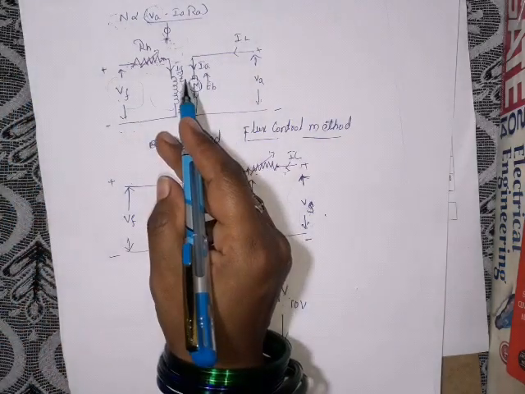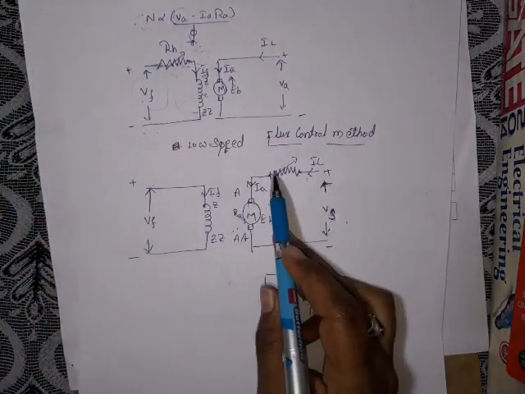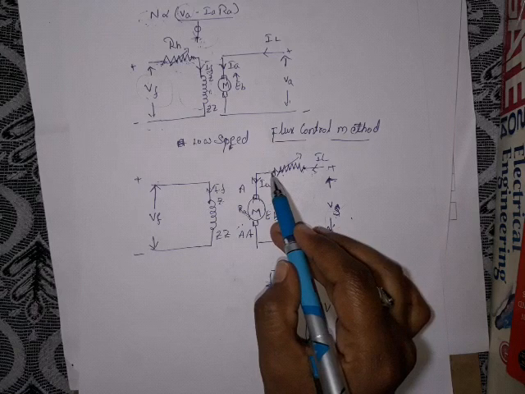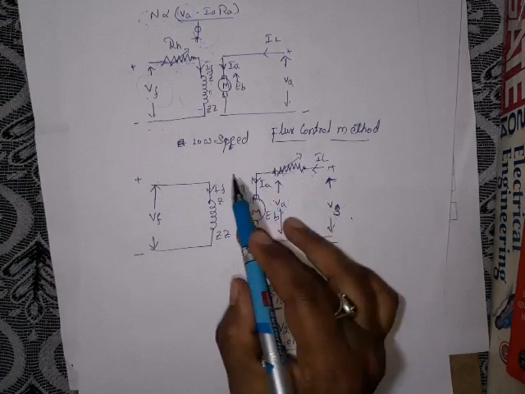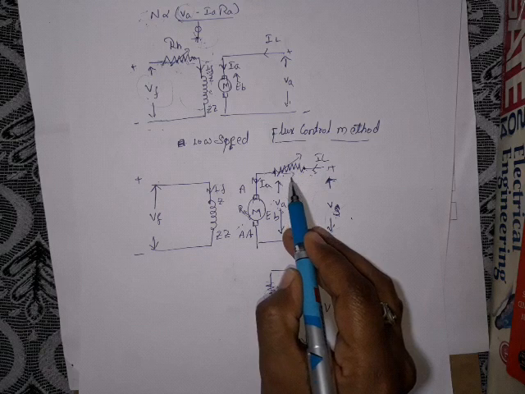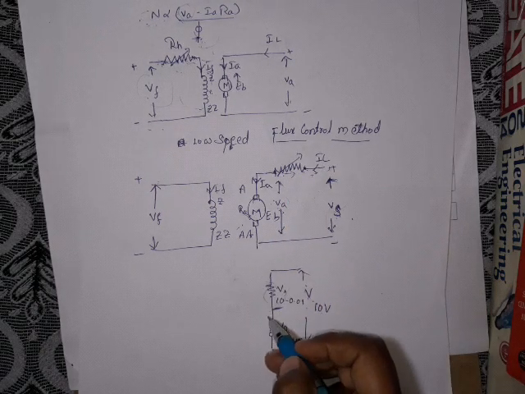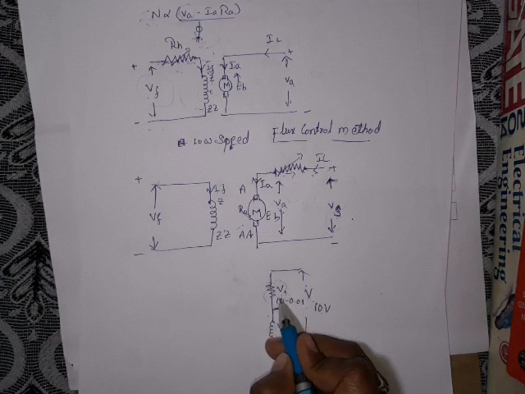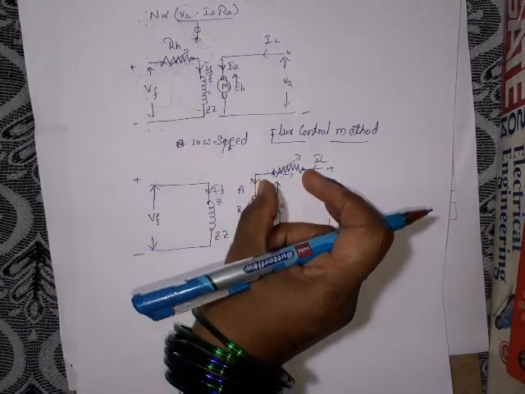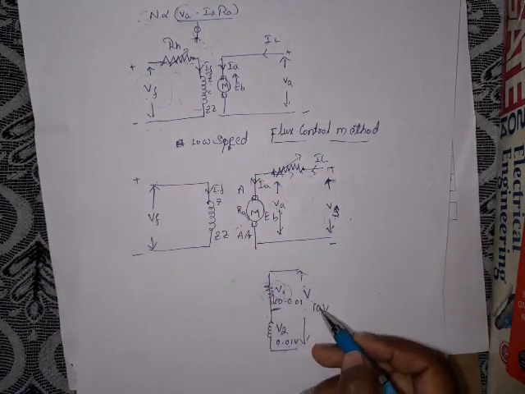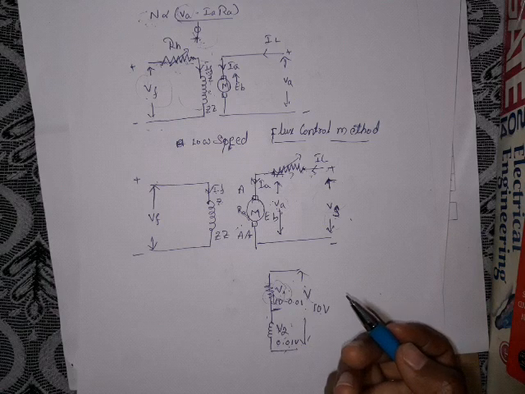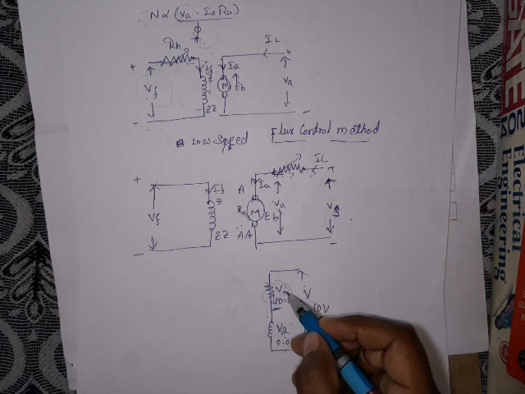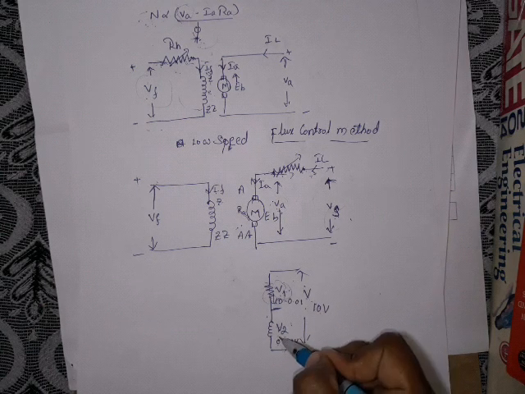We need to increase the speed. To increase the speed, what do I have to do? I have to bring this rheostat from cut-in to cut-out position. So I'll move this gradually to cut-out position. When I start decreasing this resistance value, along with that the drop also decreases. Obviously this voltage should get distributed between these two. There is no other chance for the voltage. There is no deviation. So if V1 decreases, obviously V2 should increase.